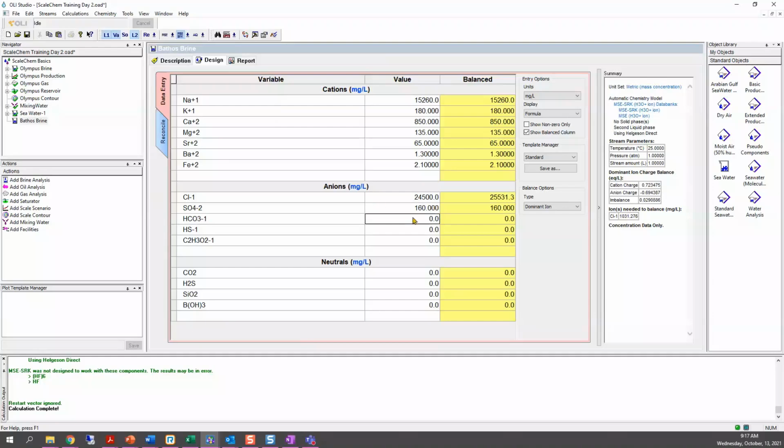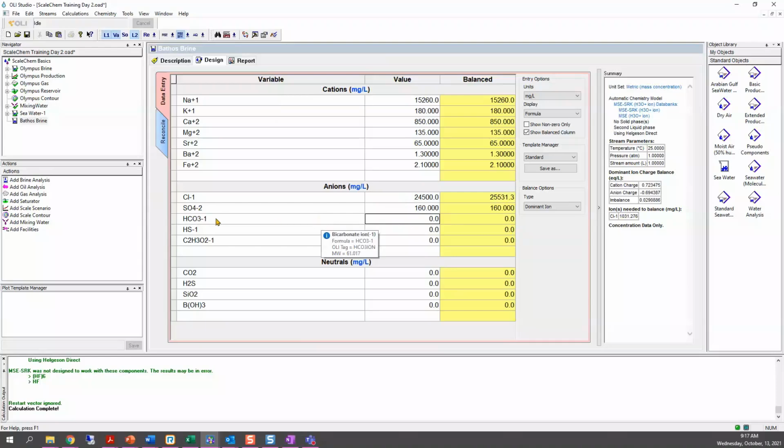Now for the bicarbonate, we don't know the value in milligrams per liter. But the report says the total alkalinity value is 673, so we are going to enter that value just as an initial guess.